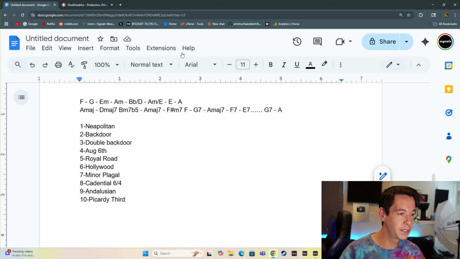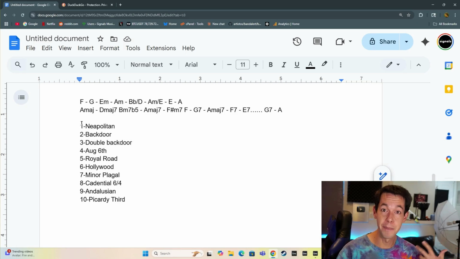Composing challenge. You're given 10 weird chords, and you want to put them all together into one composition. Here are the 10 weird chords. These are chords that have nicknames, popular names that aren't just like major seventh or something like